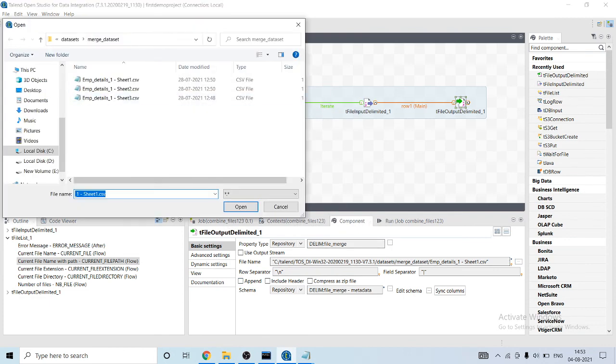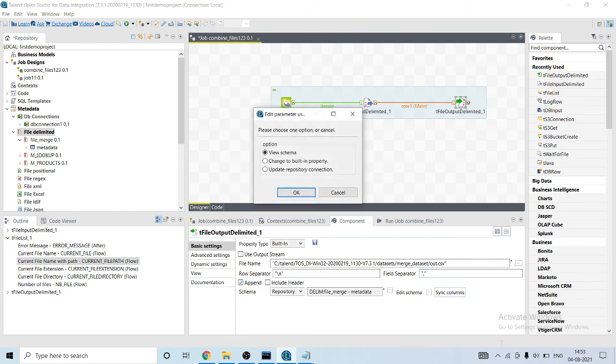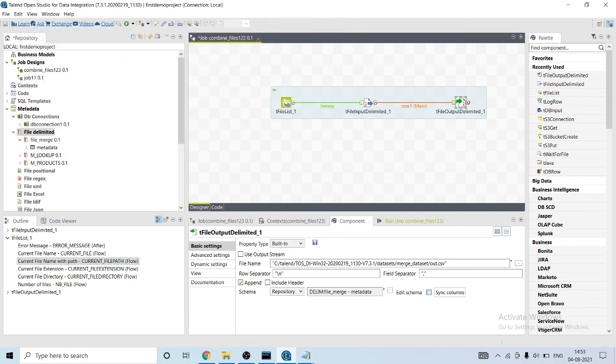Let me provide a path. Okay, we can change this also. We will use append so that after reading each file, it will append its values. Okay, the schema seems fine.